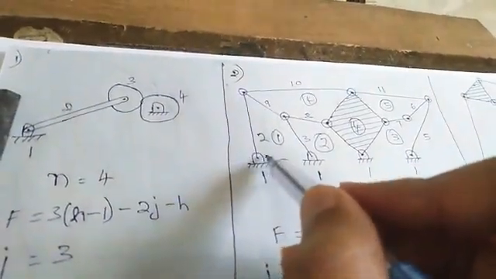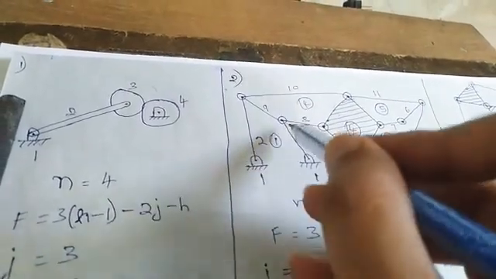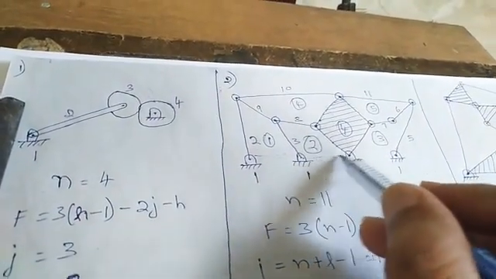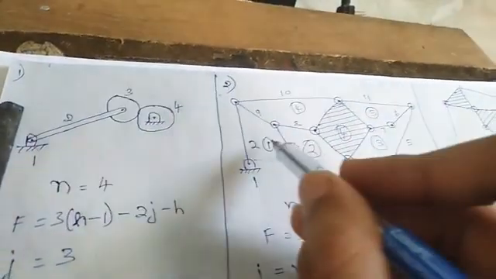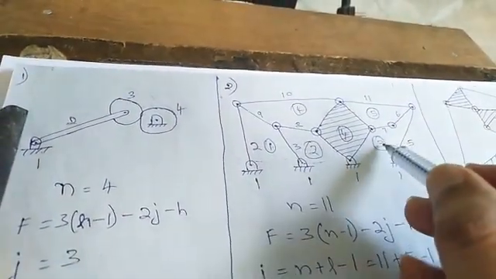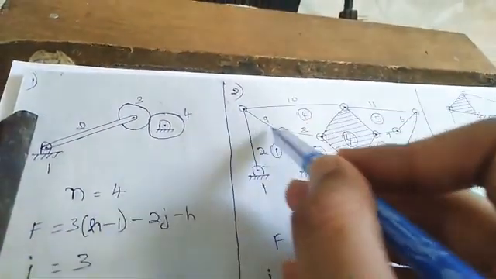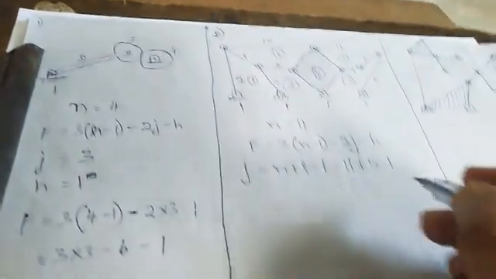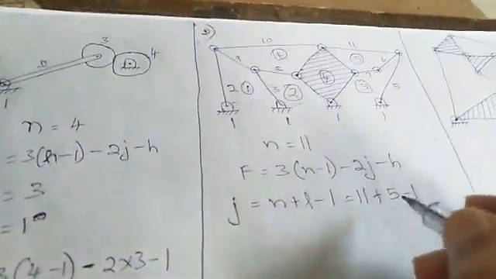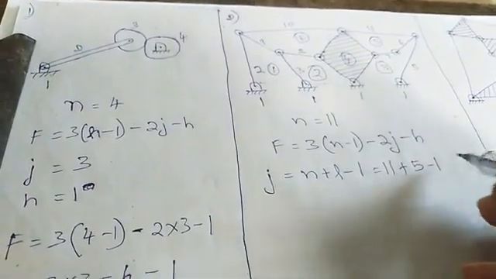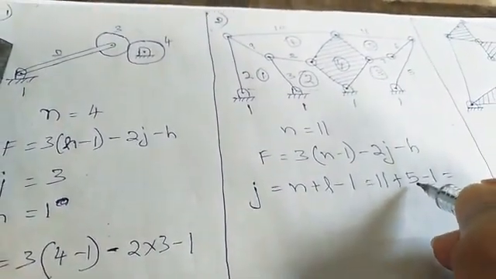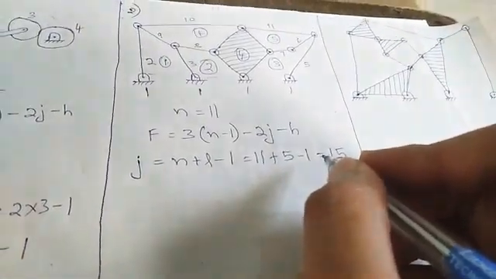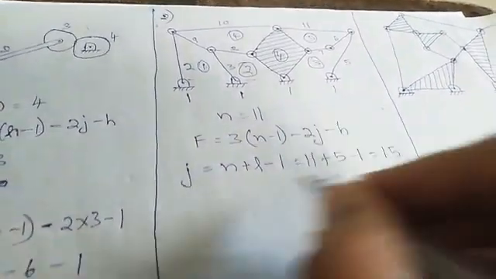So we'll get 5 loops here, plus 5 minus 1. Here we'll draw one imaginary straight line. If we draw like that, this will become a closed loop. In similar fashion, we'll draw a straight line here and here. Then we'll get loop 1, loop 2, loop 3 and loop 4. Here the loop is already completed, so we'll consider these as loops. So the total number of loops is 5. So the value of j is 11 plus 5, 16 minus 1, 15. The value of j is 15.